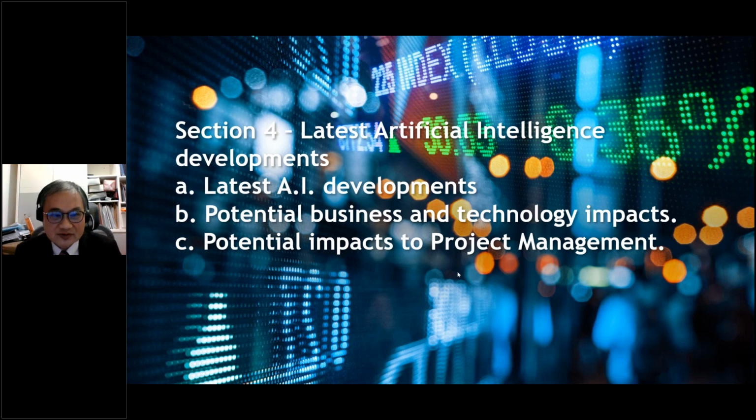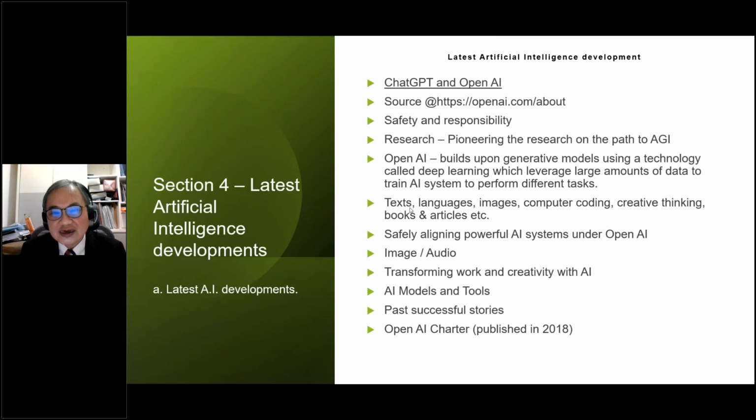Part 4 is regarding the latest AI developments, and today it will be a hot topic regarding ChatGPT and OpenAI.